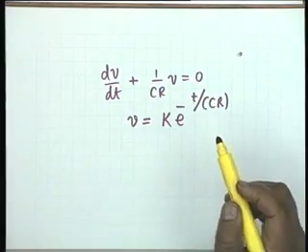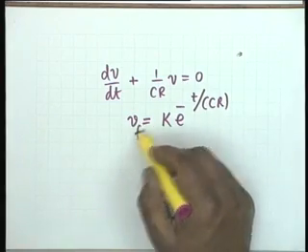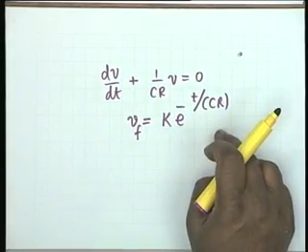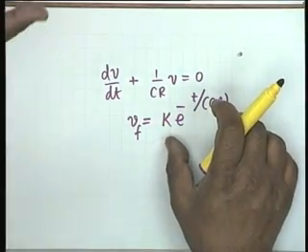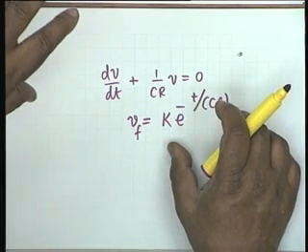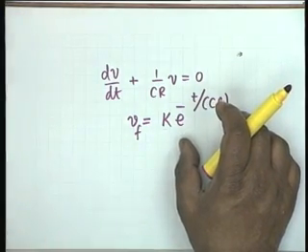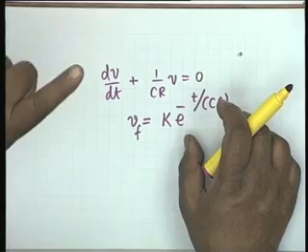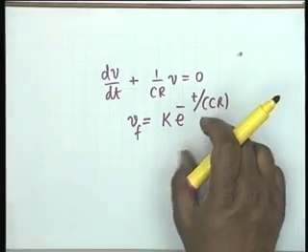Now the question is how to find K. Let us put F again, the free response. You cannot find K, and this is a very important point, by taking this equation by itself and putting the initial condition. No. The initial condition has to be put on the complete response. If you put the initial condition equal to 0, obviously K would be equal to 0. Whereas you know that when a sinusoidal voltage source is applied across an RC circuit, there shall be a transient.